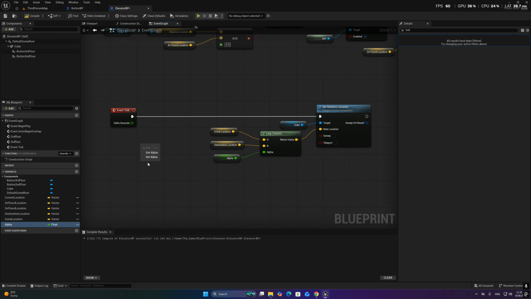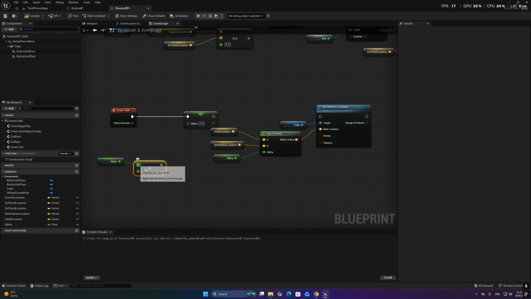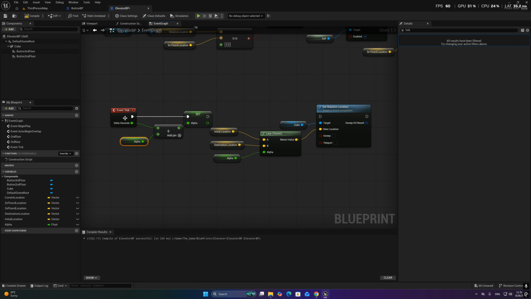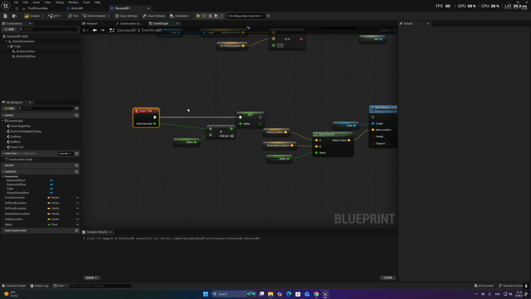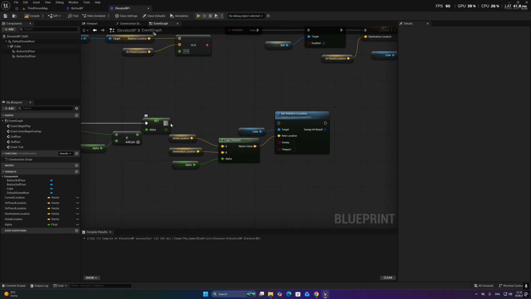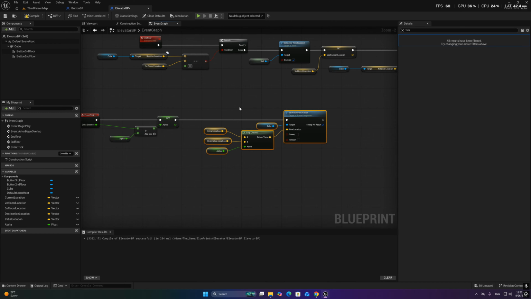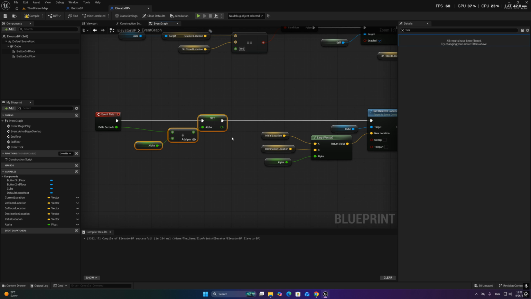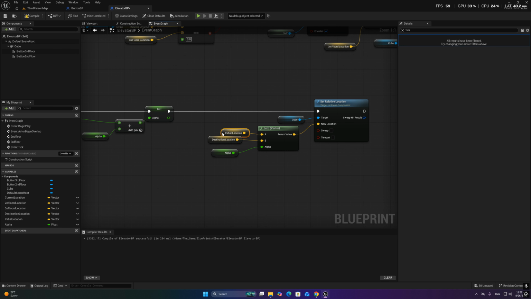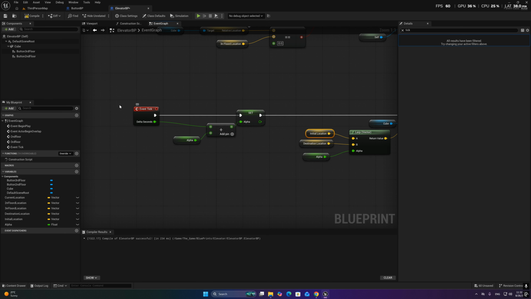I'm going to set the alpha and something like that. All right, that's cool, right? Actually, here we should also divide it or multiply it on the speed, but I'm going to do that later. So yeah, here we are setting the alpha, and then with the lerp node we figure out the relative location for the frame,